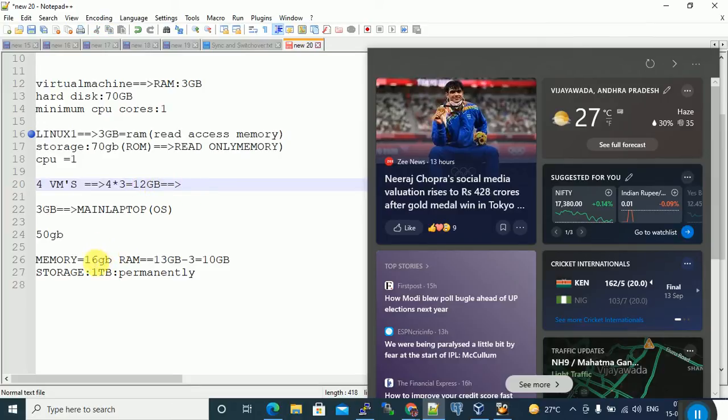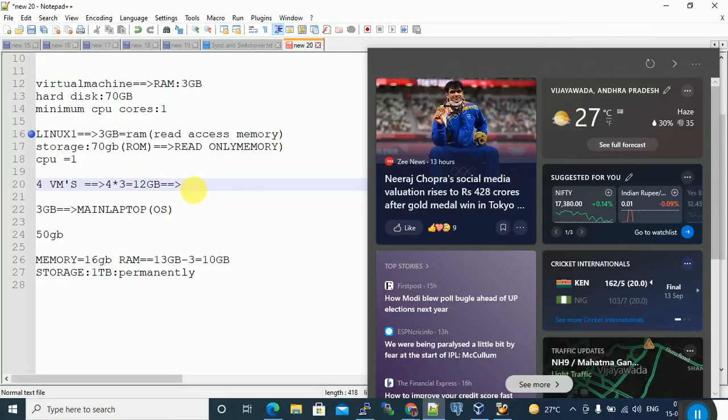Okay, out of 16 GB, I have 4 GB left for the main laptop. The main laptop uses 4 GB, so my system is running freely. There is no slowness. If you feel slowness, you can stop one virtual machine, so that 3 virtual machines run at a time. 3 into 3, 9 GB. I have 6 GB RAM, 6 GB used for my main laptop. Your speed will increase. Your laptop speed depends on your memory only. If your laptop is slow, you have to upgrade RAM.